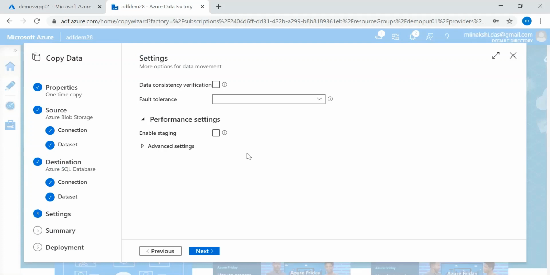Fault tolerance. Any kind of data issues, we want to do the setup so that the data load should not fail. Let's say we are receiving the data in a row where the data size is more than the data size we have defined in the database table. Then in that case, the data truncation may happen. So to avoid that, we can do the fault tolerance. If we receive this kind of data, then it should skip and proceed with the data load. For now, I am not doing the fault tolerance setup. Next,